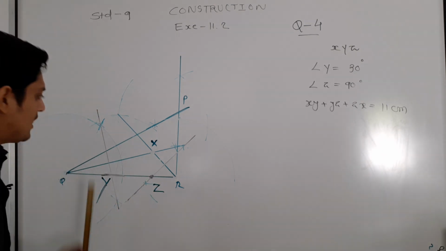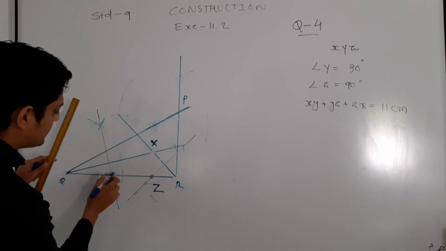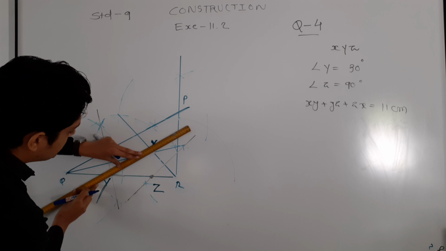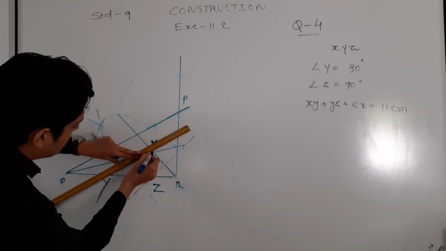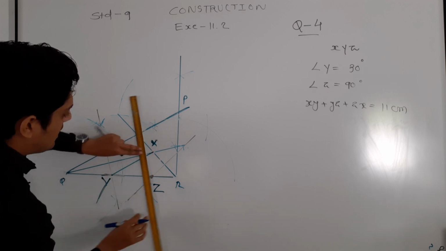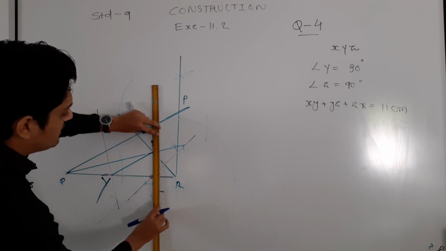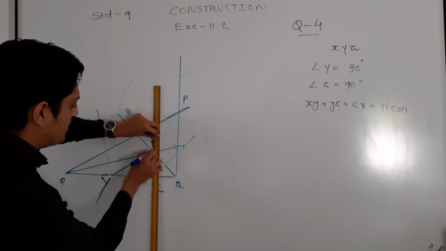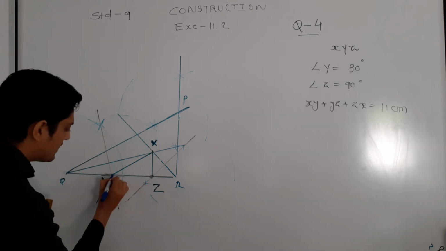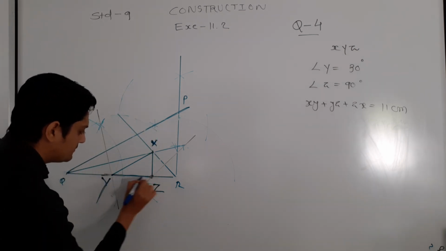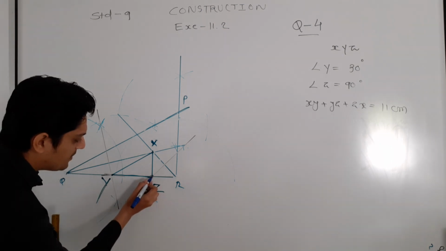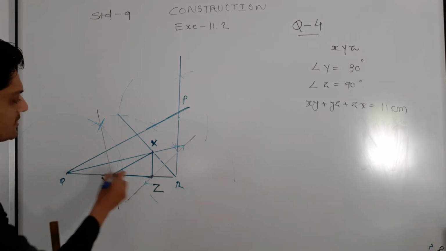These points you have to join. X and this intersecting point you have to join. Okay, X and this intersecting point you have to join. That is, now again X and this intersecting point you have to join, meaning the Z point you have to join. And as you can see here, okay, triangle XYZ, that is clearly now you people can see here, that is your required triangle.